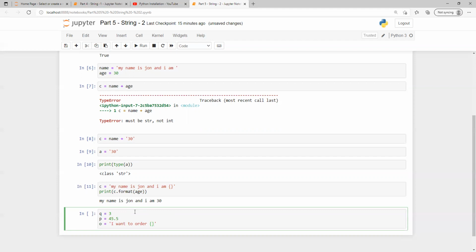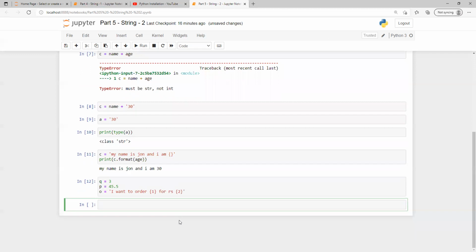Okay, so quantity for RS, and then we can put this one. So now if we define like this, and we want to print our value. Suppose I pass here 1, and here I pass 2, so basically it starts with 1 and 2. I can pass it like this. So first I will execute this. Now I want to print this. So how can we print that?